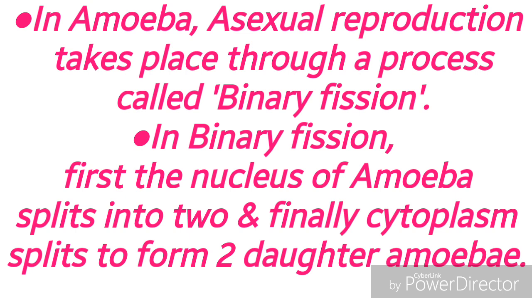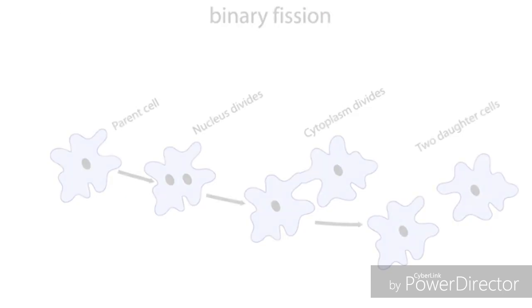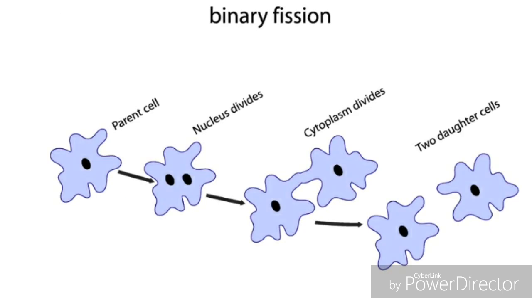Students, amoeba, a protozoan, undergoes asexual reproduction through a process called binary fission. In binary fission, first the nucleus of the amoeba splits into two, and finally the cytoplasm also splits, resulting in the formation of two amoebae. Students, you can clearly observe here how binary fission takes place in amoeba. First, the nucleus is splitting into two, and later the cytoplasm splits into two, resulting in the formation of two